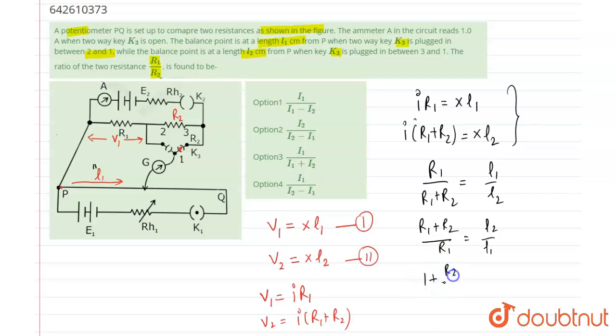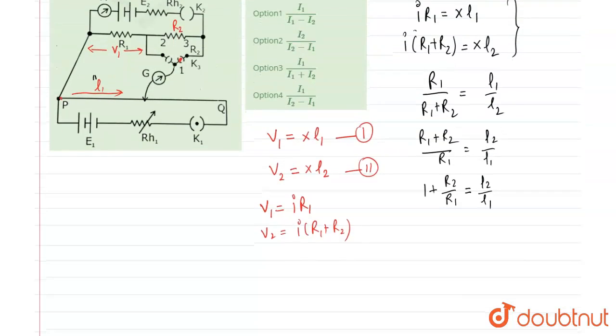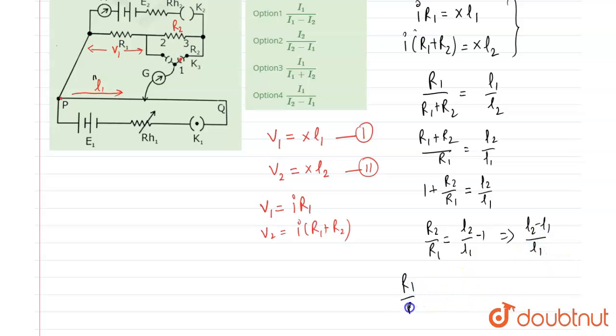1 plus R2 upon R1 is equal to L2 upon L1, means R2 upon R1 is equal to L2 upon L1 minus 1, means (L2 minus L1) upon L1, means R1 upon R2 will be equal to L1 upon (L2 minus L1). Okay, so now see the options. The option 4 is representing correct relation, so R1 upon R2 will be equal to L1 upon (L2 minus L1). Okay,